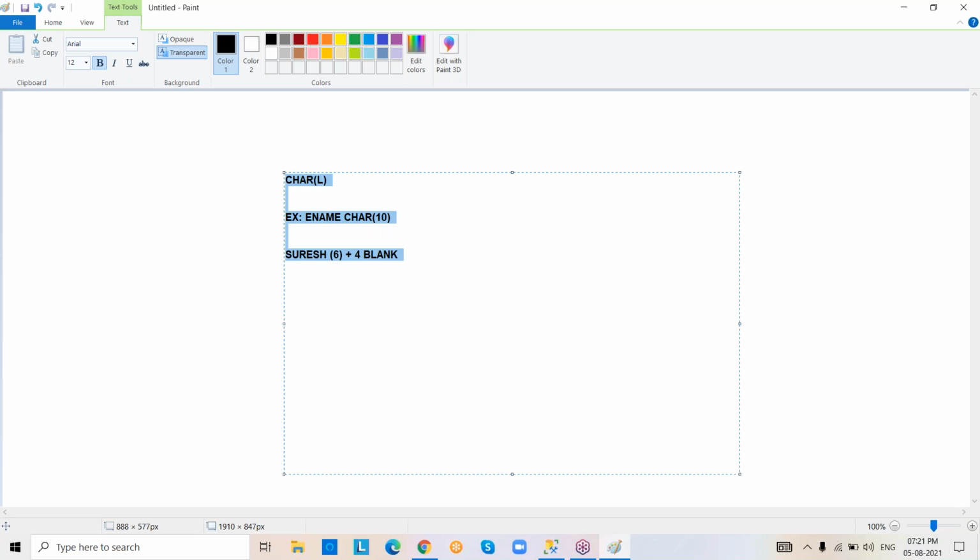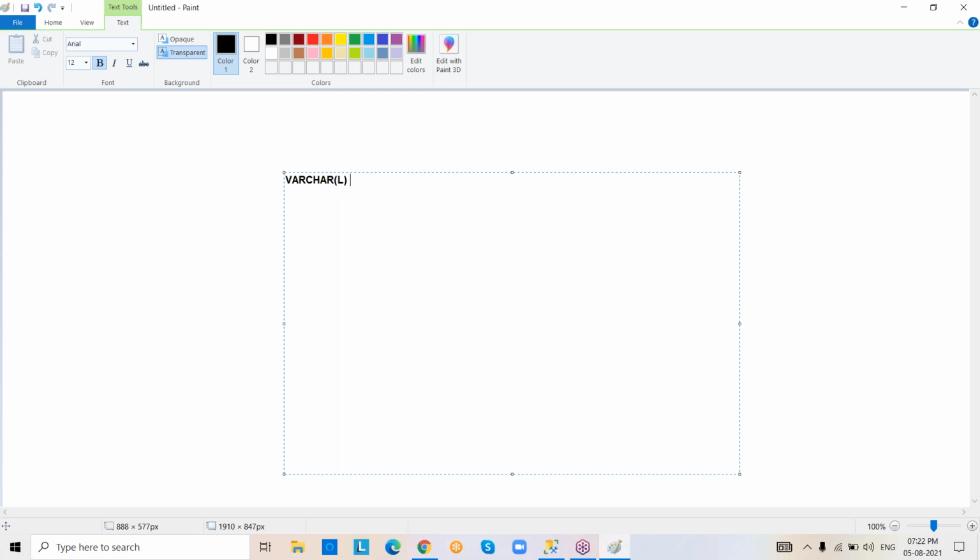So I said there is some issue with this data type, then what to do? Because we have some other data types. See this, varchar of length, variable length character data. It also stores alphanumeric values, and it also stores a maximum of 8,000 bytes of data. What is the difference between char and varchar? In varchar, no memory wastage will be there.